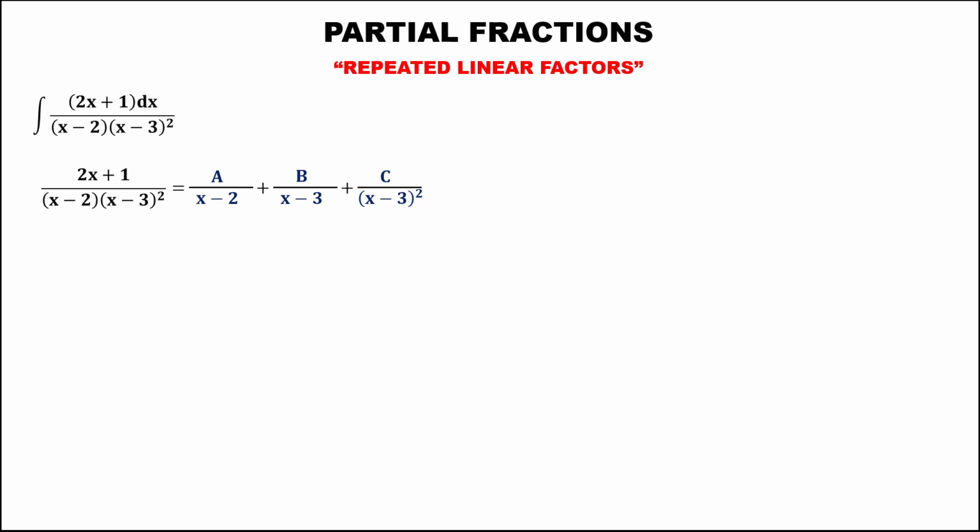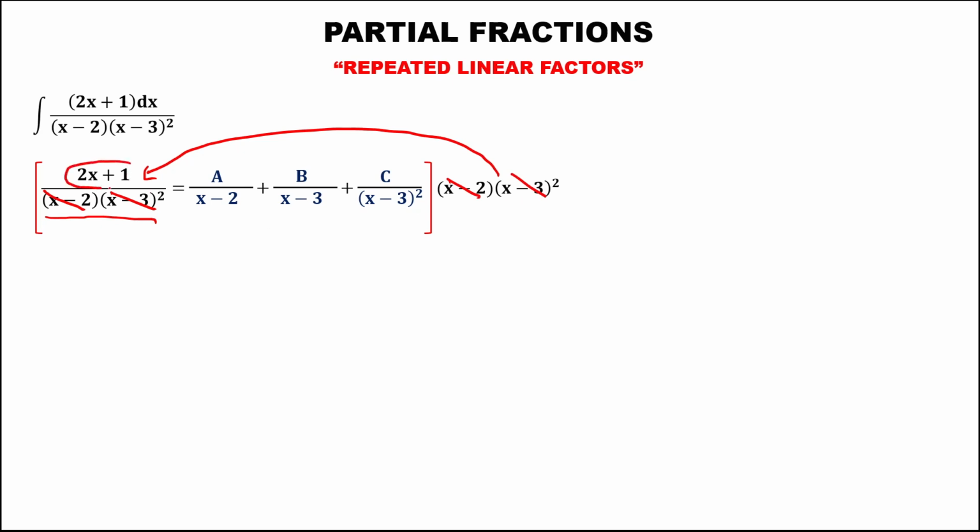From this, we need to multiply the whole equation by the common denominator, x minus 2 times the quantity of x minus 3 to the power 2. Then distribute to each term. Observe that we can cancel the whole denominator in the left term, so the remaining is 2x plus 1, which equals